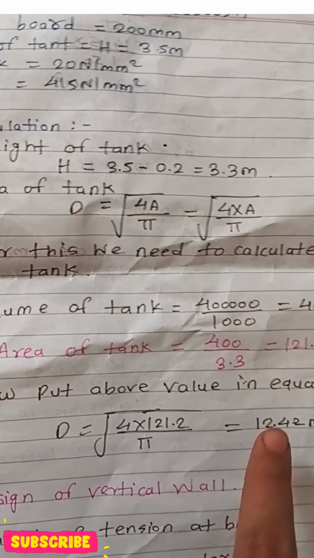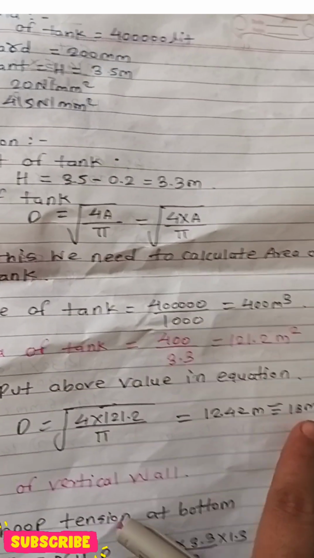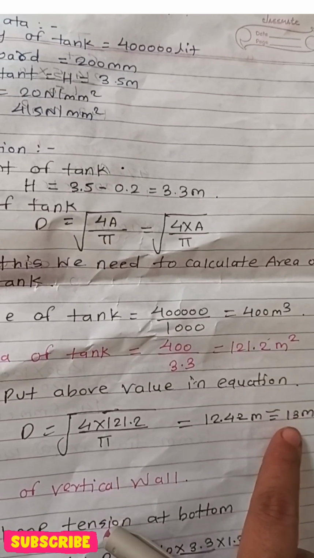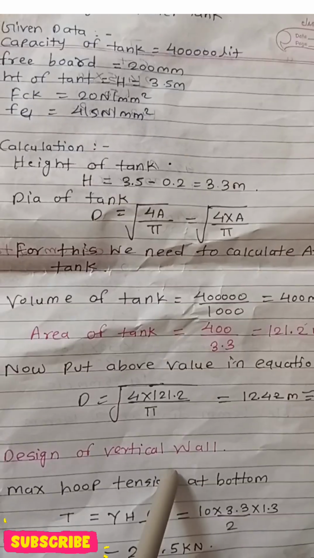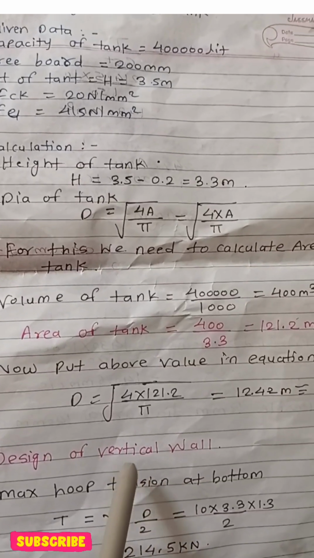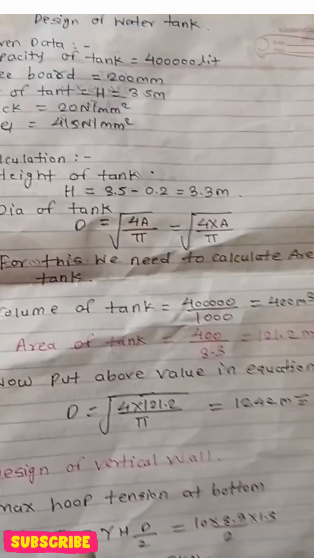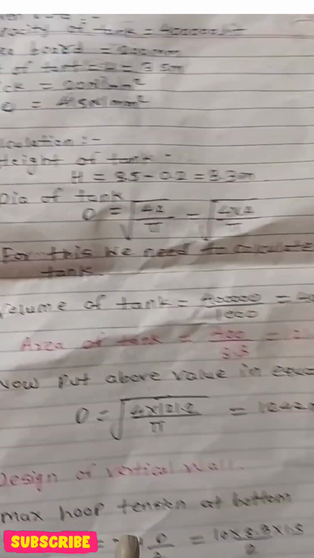So directly put this value in the formula of the diameter of the water tank that we need to calculate, and directly we will get the value of 13 meter. Then design of the vertical wall, because the design of the vertical wall will be different for this case, as this is a circular water tank. Directly we cannot calculate